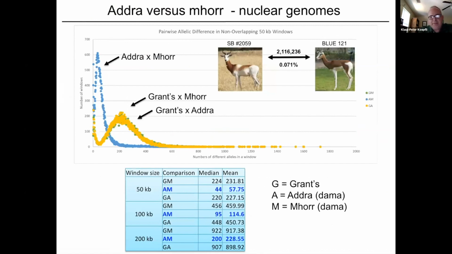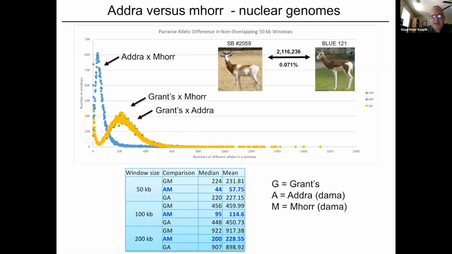Given the availability of other gazelle genomes like the Grant's gazelle, we could do a comparison. So what we did first is we took our Dama gazelle genomes and an available Grant's gazelle genome published by another group, and we did what's called a sliding window analysis. That is, we went across the genomes of these individuals in windows of either 50,000, 100,000, or 200,000 base pairs, and summed up the differences in each of those windows, and we can just